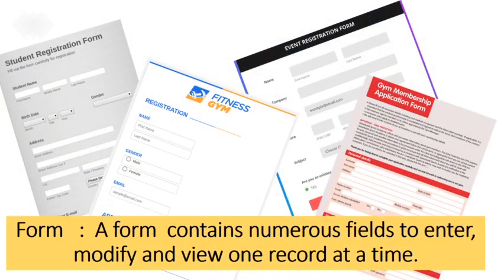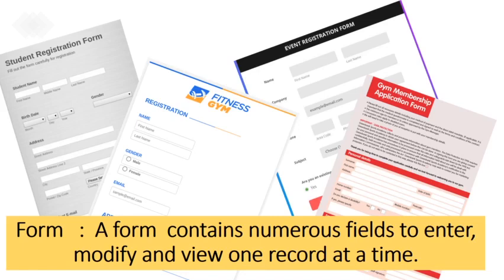Now what you see on your screen are different types of form that you have to fill when you go for your registration in school, or you go to a gym, or you participate in some event. So why we fill these forms? These forms are filled to create the database. What happened? The organizers collect the information like your name, age, then your address, telephone number. So all this information is used to create database.